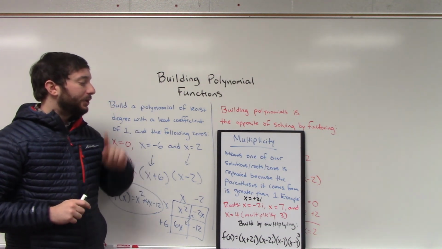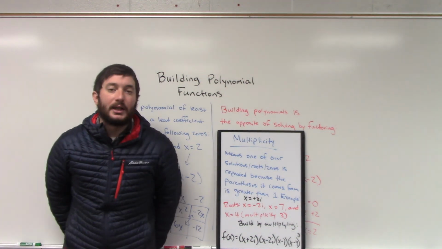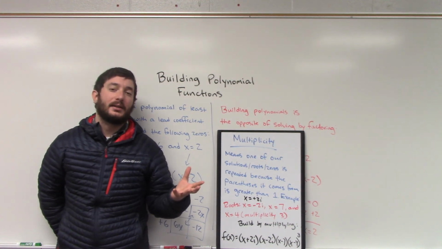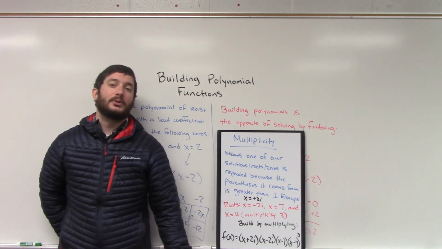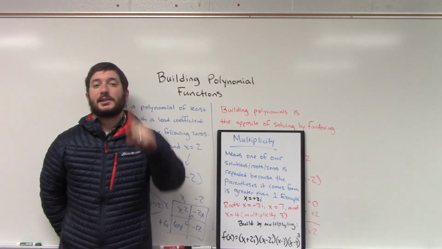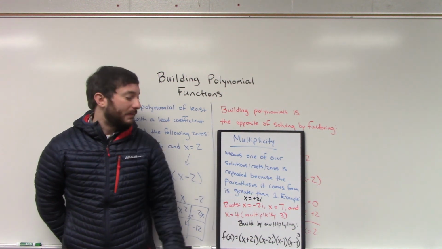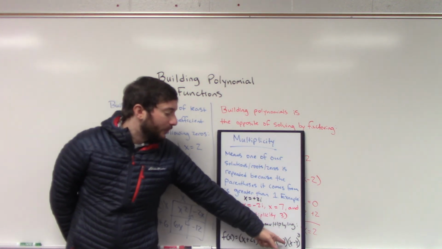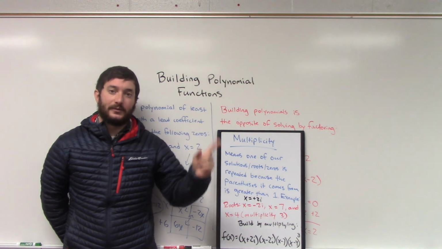But what I did want to show is what multiplicity is, because when we start talking about that next week in relation to graphs, that's actually going to help determine what the shape of a graph looks like. So it's not always going to be that the graphs that you're going to see cross straight through the x-axis, as you've seen in the past. Sometimes you have a vertex, or sometimes you have what's going to be looking like a little squiggly line. If you graph this as it's exactly laid out, where x equals 4, you'd have a different shape or behavior of that x-intercept, where that graph looks a little bit different